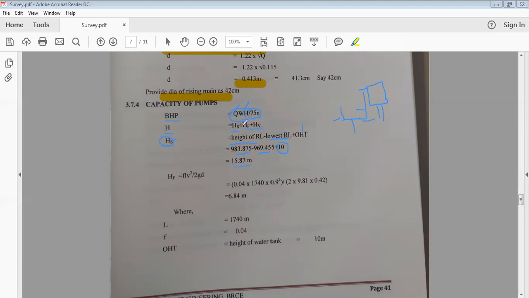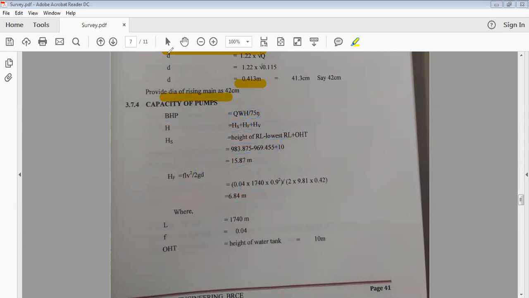But you have one more thing, called head loss due to friction. Inside the pipe, if it is a loop network, when water is moving, at every L junction or T junction you will face some loss of pressure. We find that loss of head due to friction using this formula again. This is the friction coefficient, this is the length of the pipe, and this is the velocity, divided by 2 g and the diameter of the pipe. If you do that, you get the head loss due to friction.